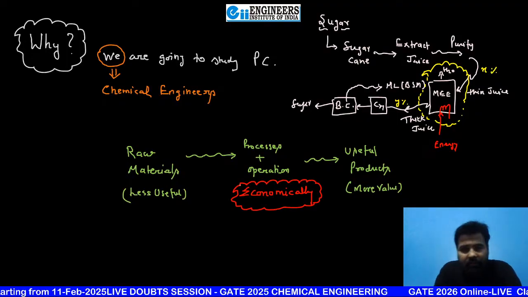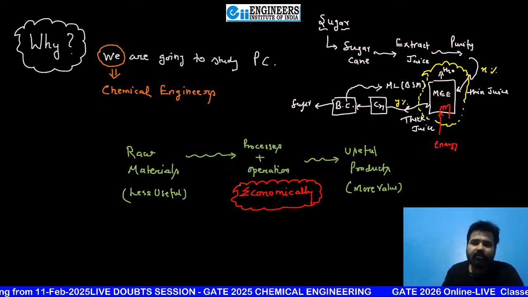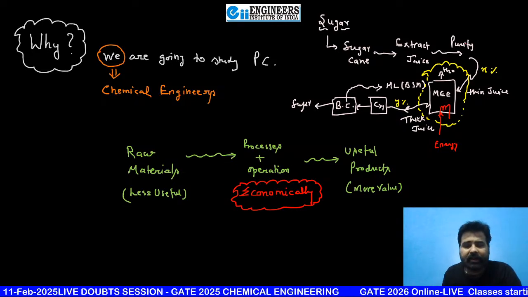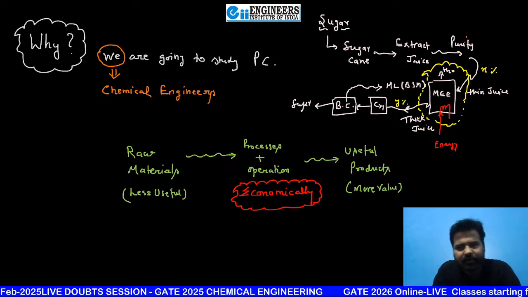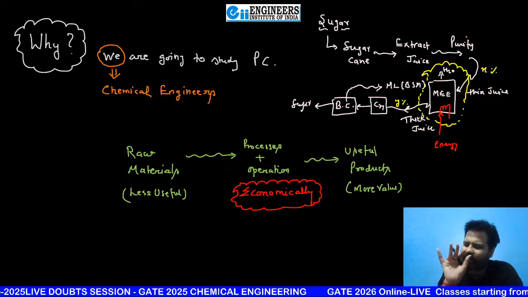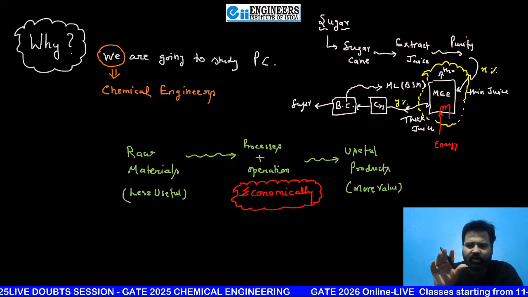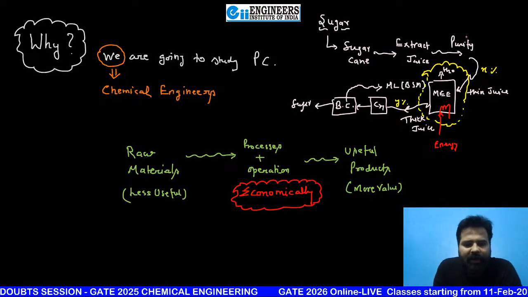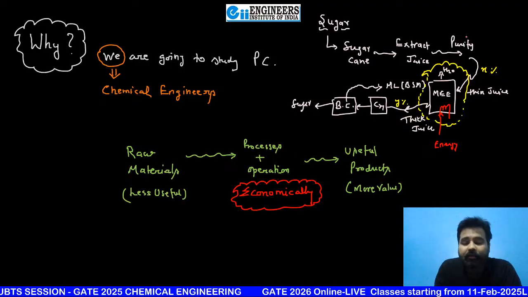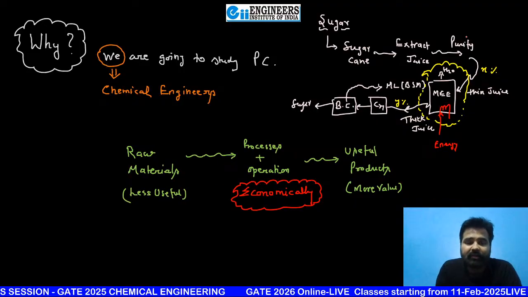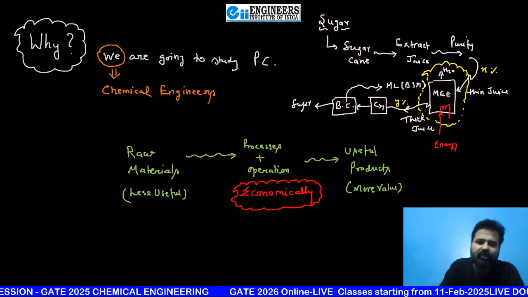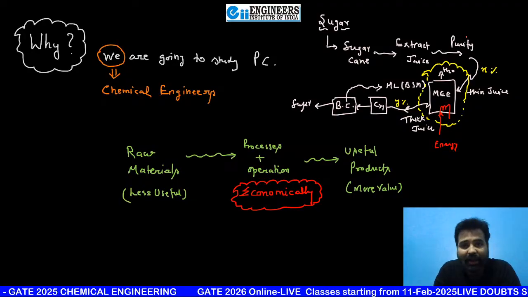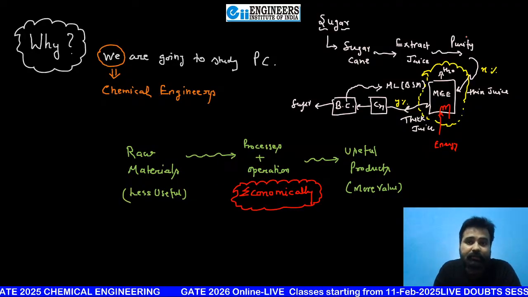Okay. Similarly, when you are purifying it, you need some calcium biphosphate, in order to agglomerate fine solid particles. If you want to remove them by simple sedimentation, that means settling due to density, you need some outside materials. Again, you are going to calculate how much amount you are going to feed there.